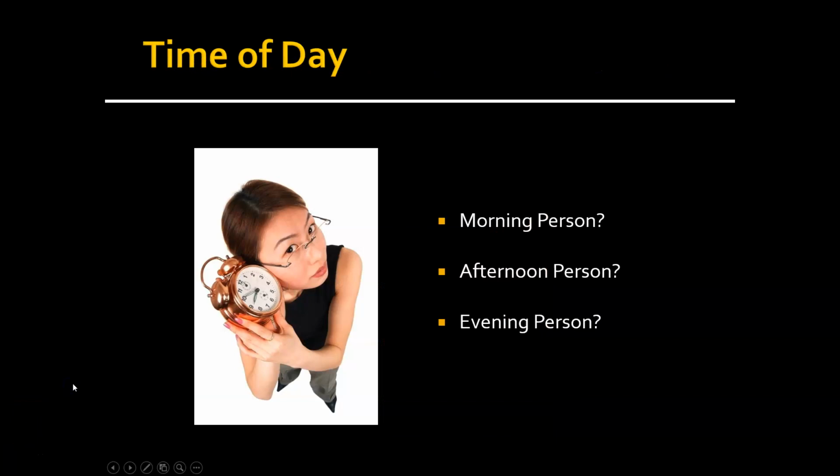So one of the very first study environment considerations deals with when you study, the time of day. So whenever possible, you should schedule the most challenging courses and also your most intense study sessions during the time of day when you are most alert, when you're most productive. So you actually need to ask yourself, are you a morning person, an afternoon person, or an evening person? And it doesn't matter which one you are, but whatever you are, it means that you're more alert and you're more productive at that time of day. So make sure you schedule accordingly if it's at all possible.